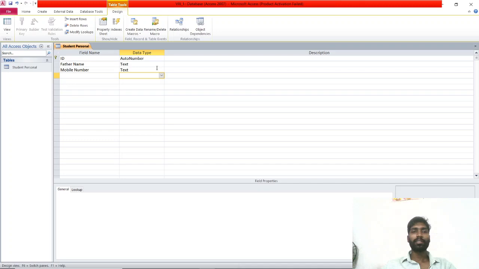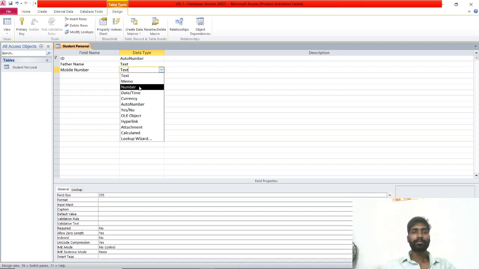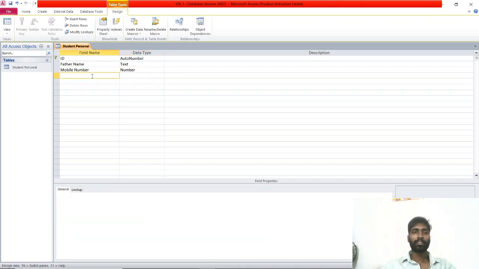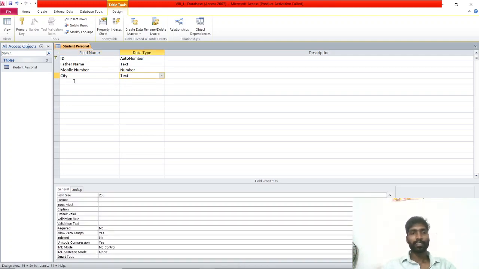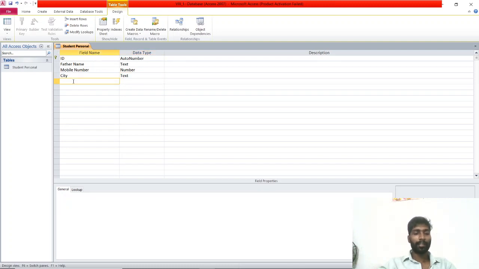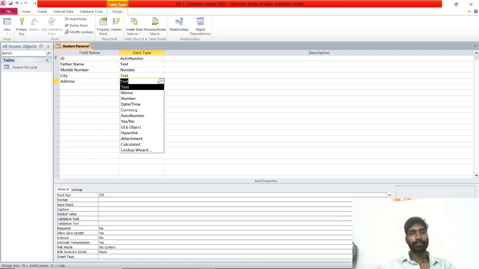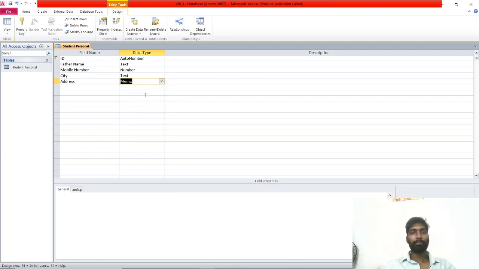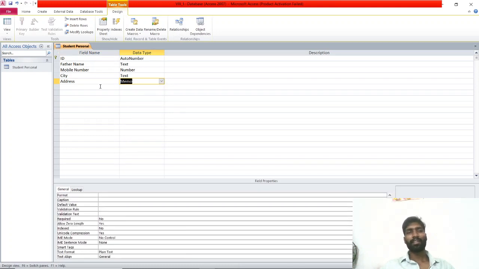Mobile number is a number. After that city, text. After that, for address we can give memo. I think this is sufficient, students, because this is just for now. So now right click, save.